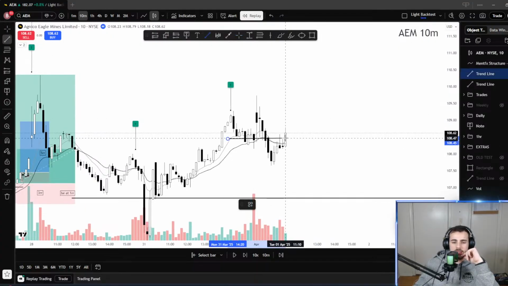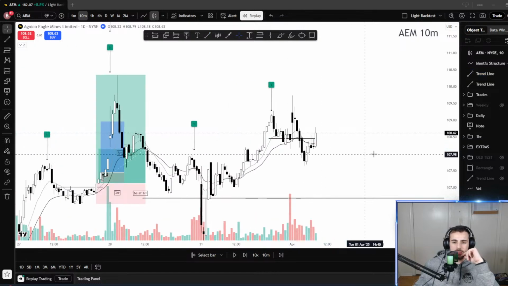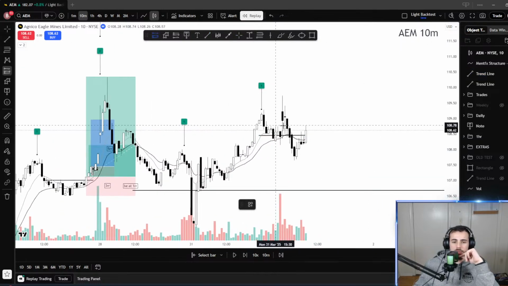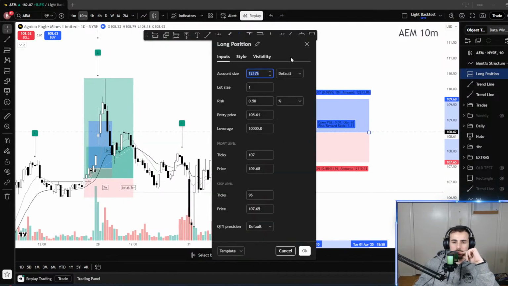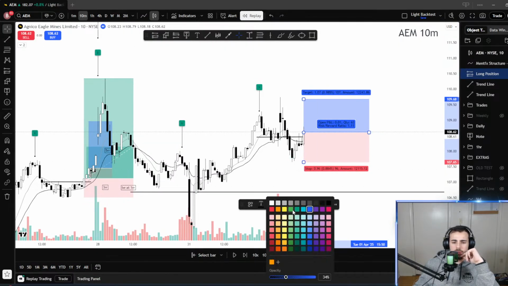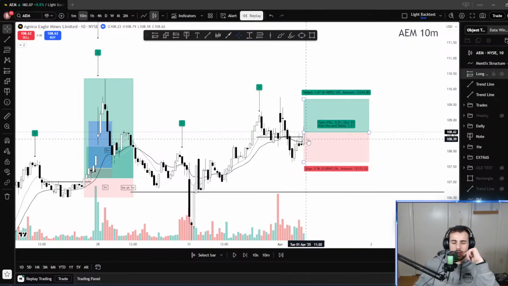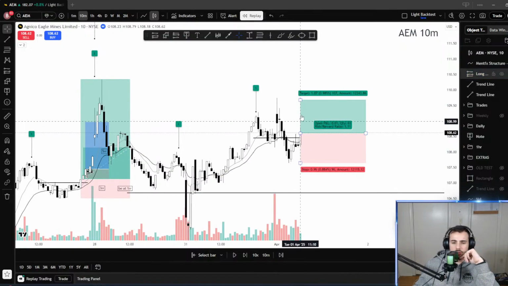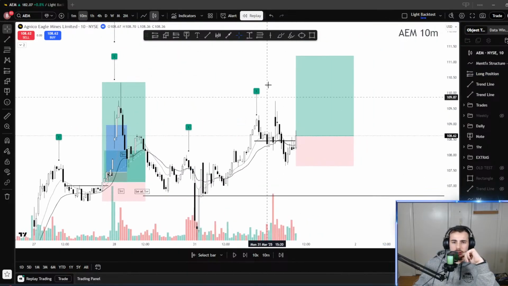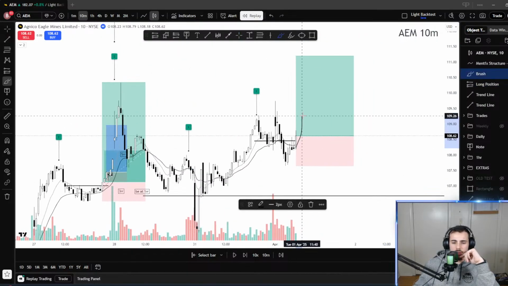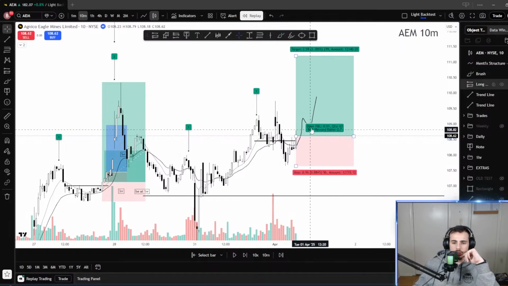So I'm just looking at this here because I do see an area this is potentially coming out of. So I'm thinking that my entry would actually be right here. This would be for the new strategy I'm testing where I enter on the candle break of the accumulation. So I'm going to take this, and then if something presents itself for my other strategy, I'll take that as well.